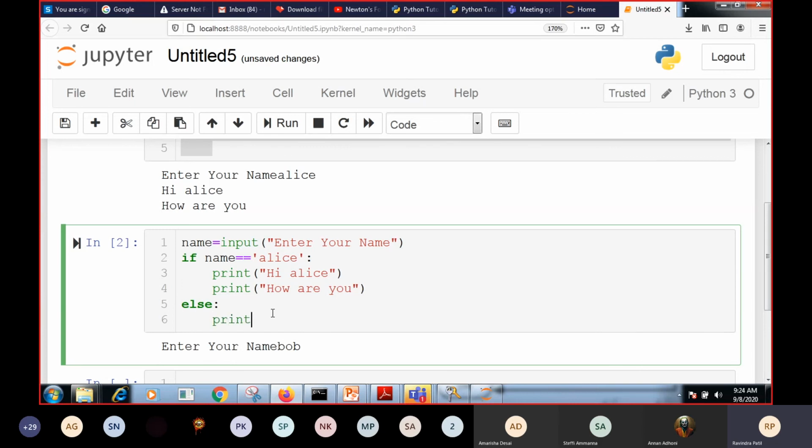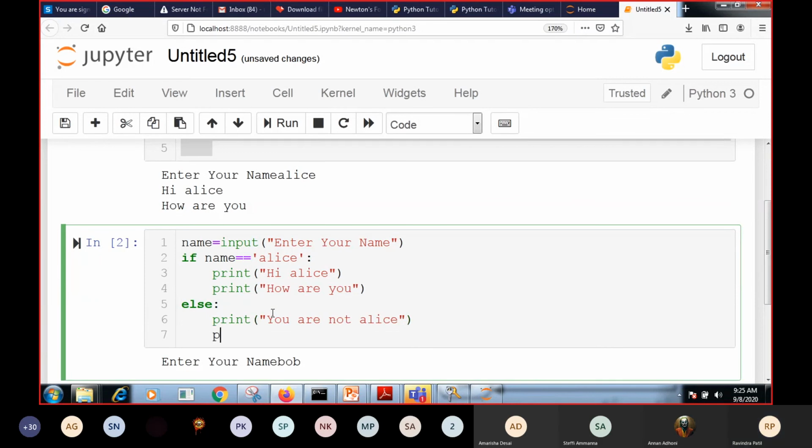If he is not Alice, in that case, display a message for not Alice, comma, you are a stranger. We can display any message, no issues.